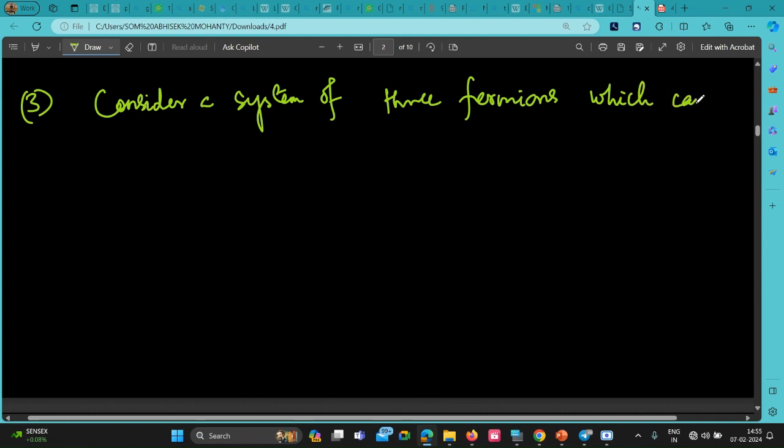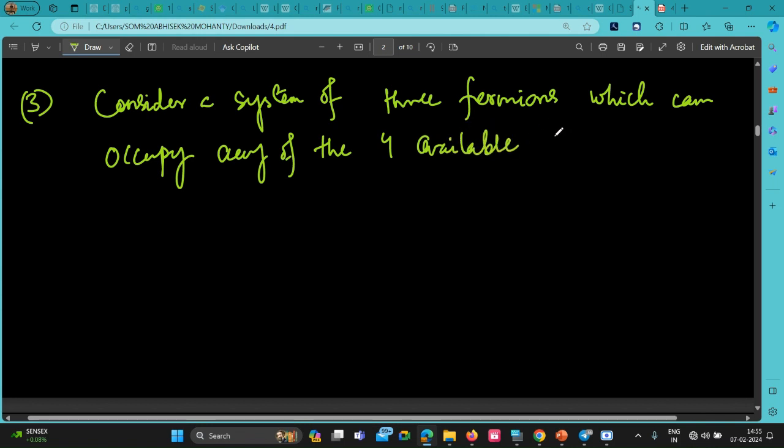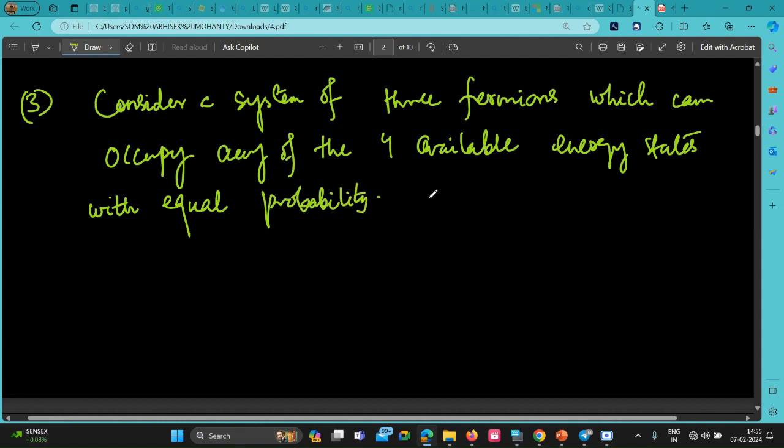Consider a system of three fermions which can occupy any of the four available energy states with equal probability. The entropy of the system is